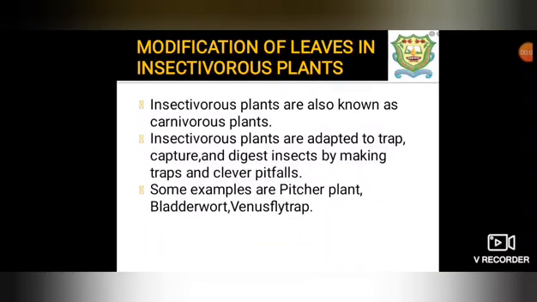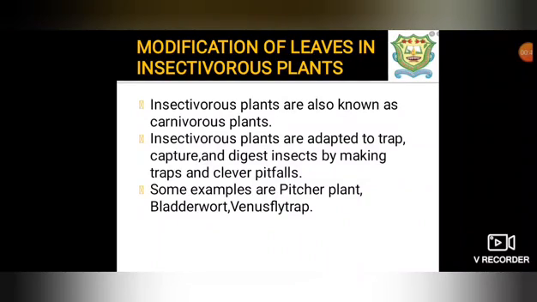Modification of leaves in insectivorous plants. Insectivorous plants are those plants which feed on insects, also called carnivorous plants. They are flowering plants which lure insects to them, then trap them in some ways. They then digest the insect for nutrients because they occur in places where there is abundant water but a lack of nitrogenous material due to unfavorable soil conditions such as damp earth, bog, swamps and muddy or sandy shores.